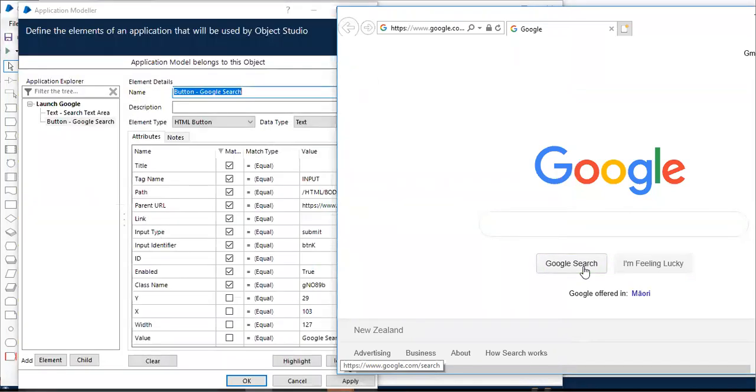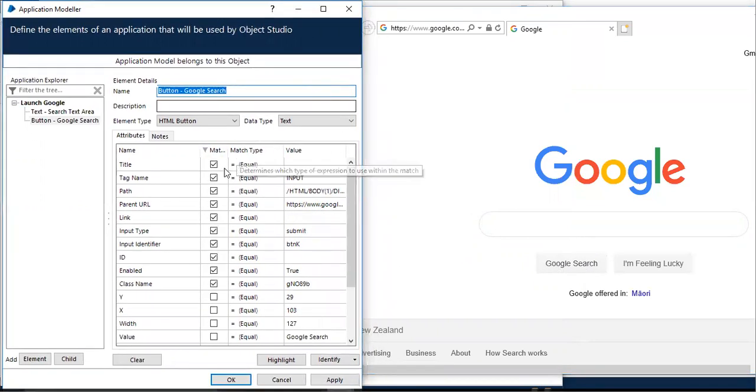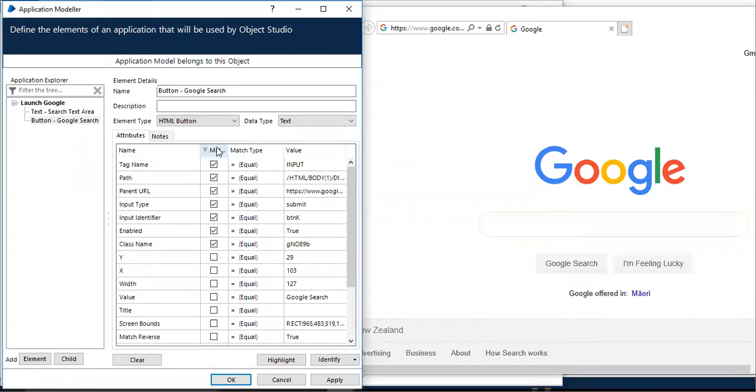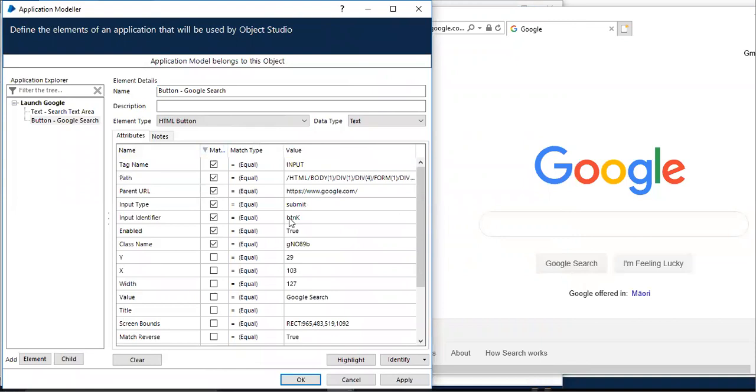As soon as you click, your application modeler will get loaded with a list of attributes. Just uncheck the attributes whose value is empty, because that's not going to have any response and it will sometimes make your system slow or make your spying slow. So just uncheck the empty ones.